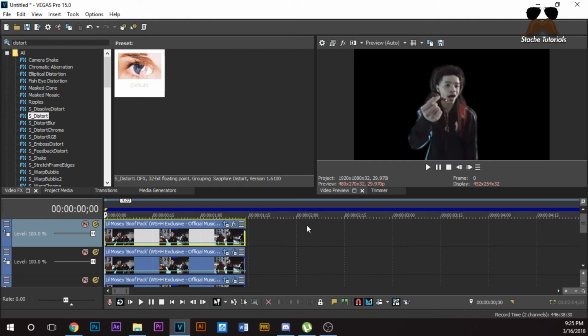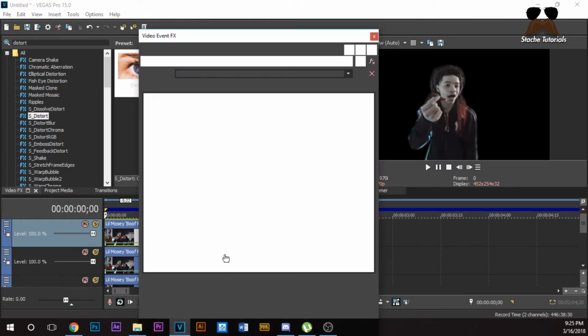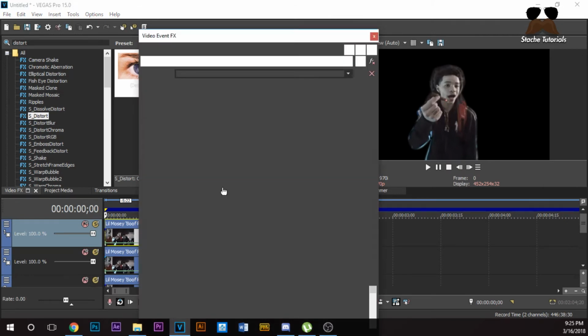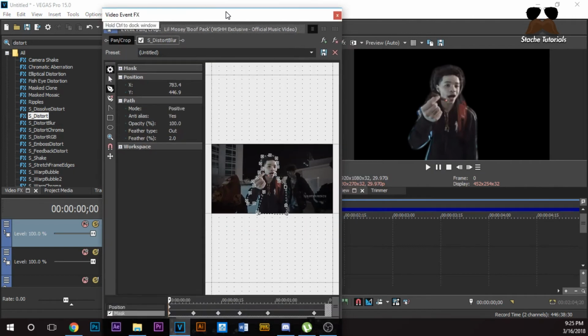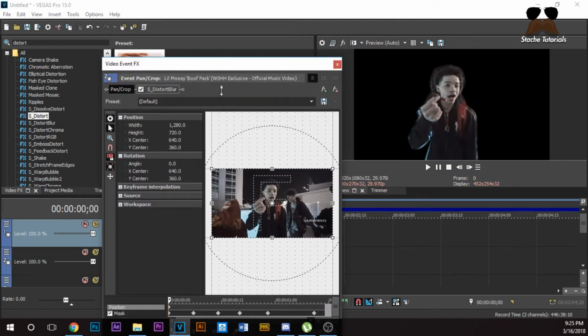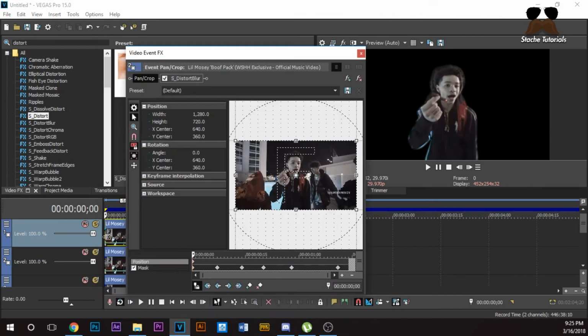So what we're going to do is, like I said, I'm going to make the skinny guy on the left and then the fat guy on the right. So the skinny guy is the one right underneath him, if I remember. Click the pan crop. Click position. You're going to want to make it in the beginning. You see my cursor here? And then I'm going to make this go to the left.